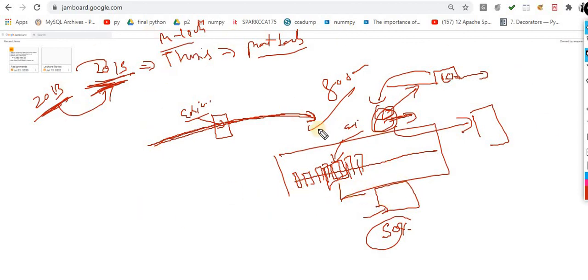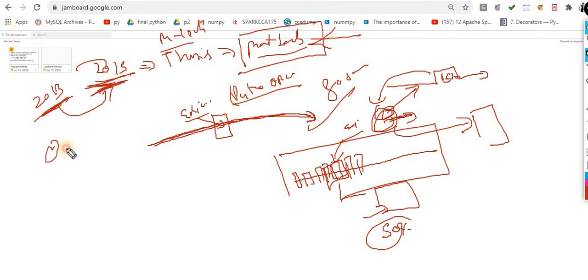I did this thesis, and at that time I did everything with MATLAB, because earlier MATLAB was very famous for image processing kind of things. Nowadays Python and OpenCV play the important role. If you talk about image processing projects, or deep learning kind of things where you play with images, at that time OpenCV and Python play the important role.